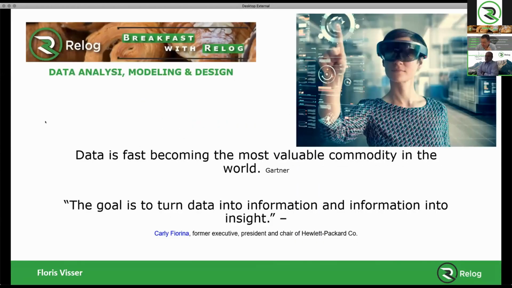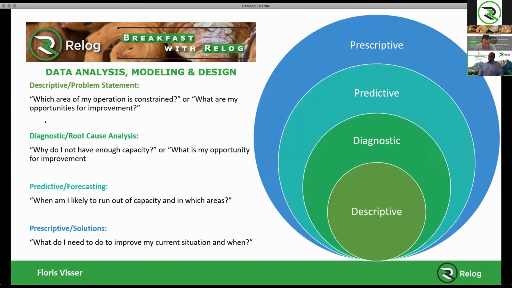And data is fast becoming your most valuable commodity in the business world. And as the ex-executive president of Hewlett-Packard said, the goal is to turn data into information and information into insight. There's a couple of different ways or methodologies to look at data, or phases of evaluating information, to turn that into information. And it basically starts off with